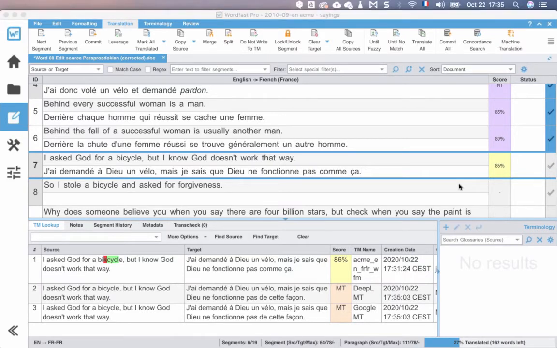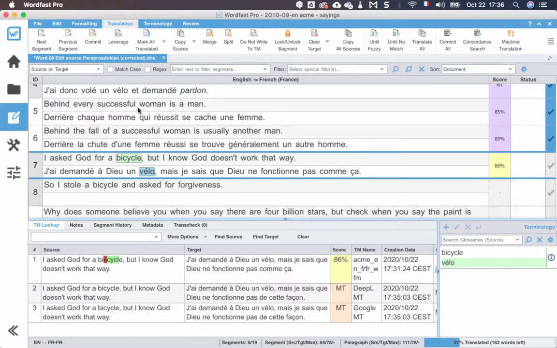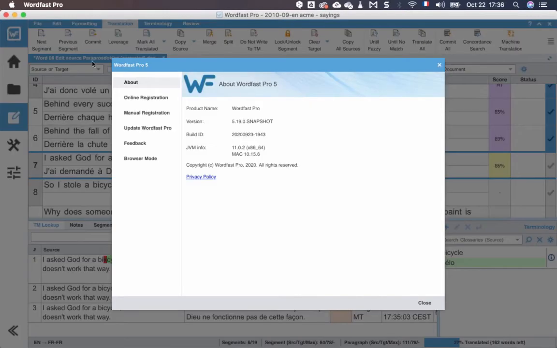Anna has a question about getting the words into 2 glossaries. So let's say you have 2 glossaries running. That's one of the long-standing improvements that I've been asking developers for a long time, which is to have the ability to add a term to 2 glossaries. So if I had 2 glossaries running and I do my shortcut to add this, instead of having a drop down to add to one or the other, if I could add them to both glossaries at the same time. So if that is an issue that you would like to see as well, you can click on the Wordfast icon here,